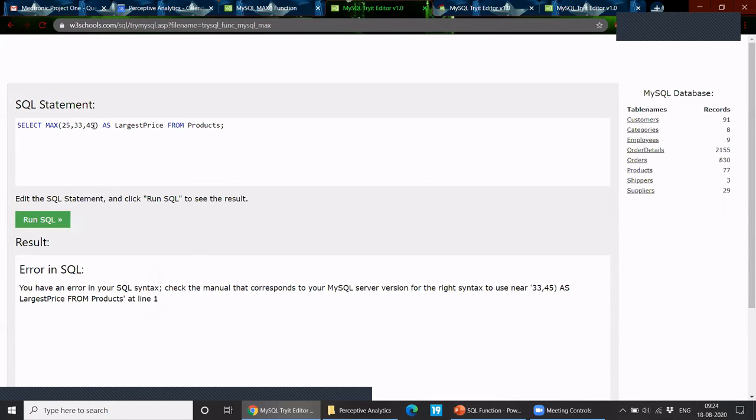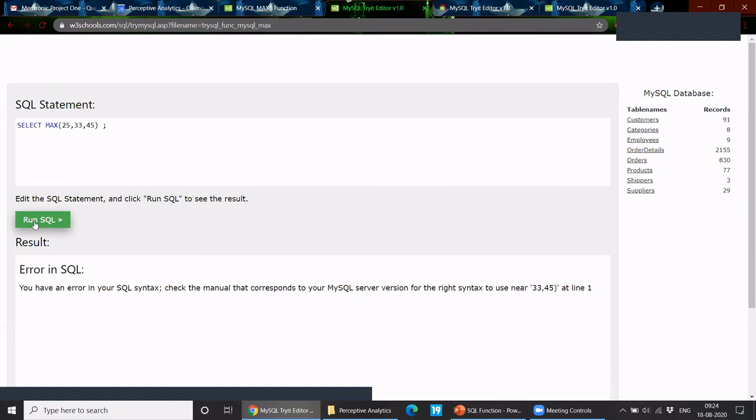As per my experience, I've used both these functions, max and greatest, in SQL queries. If there is a single column and I want to get the maximum or minimum, I'll use the max and min keywords.